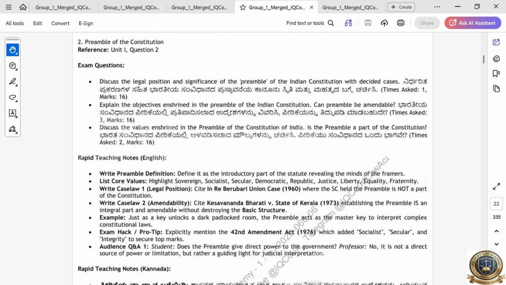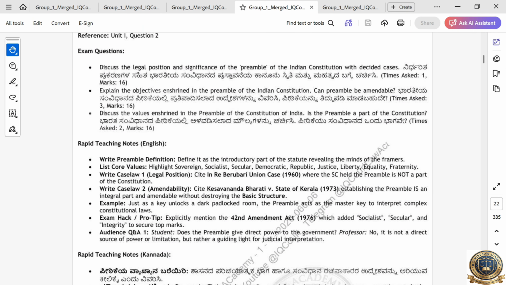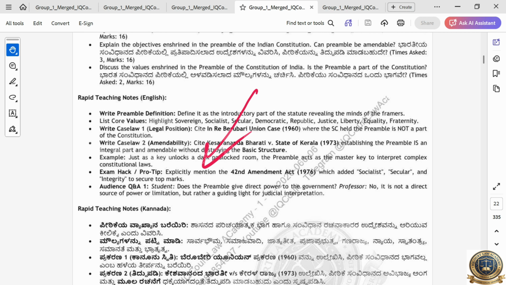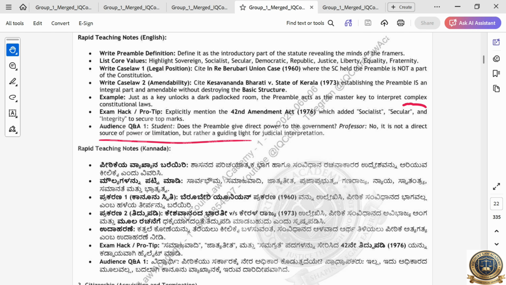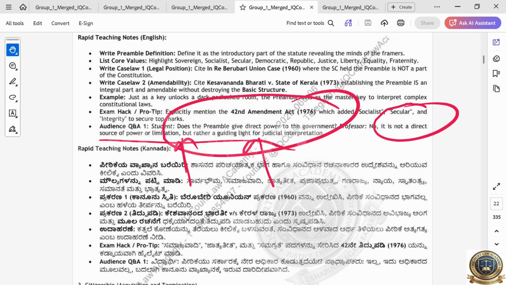Then the second question is about the Preamble. For this, a student asked, does the Preamble give direct power to the government? No, it is not a direct source of power or limitation. Rather, it is just a guiding light for judicial interpretation to the